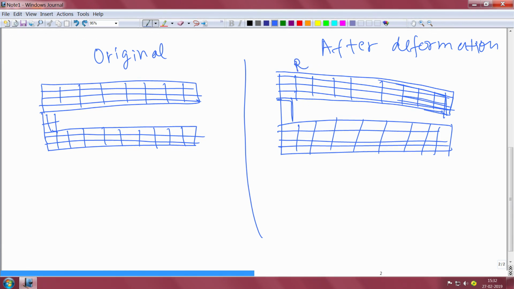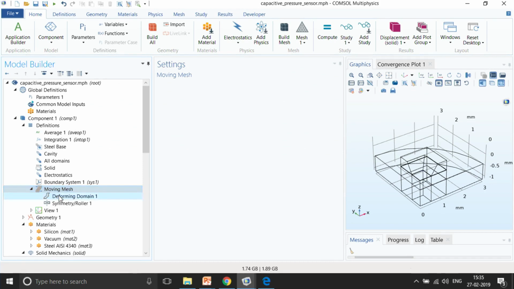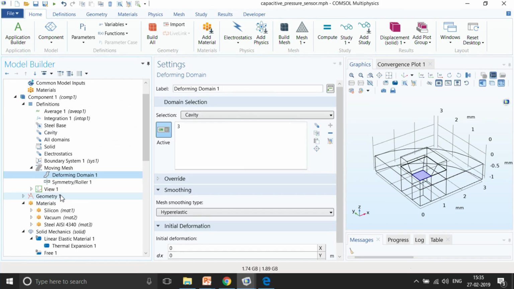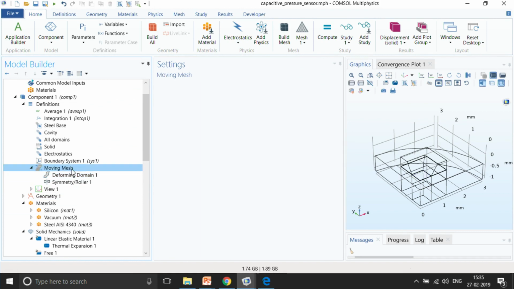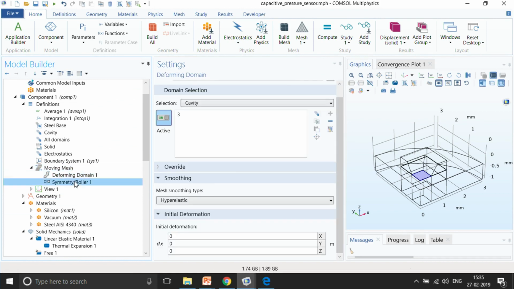Here it will be more relaxed mesh, and over here it will be more compressed mesh. So the meaning of the point that I am saying is that the mesh is going to get changed, and the way that I want to show you is done using the moving mesh that you can see over here, right? So the mesh that we were discussing before has to be taken into consideration using the moving mesh.